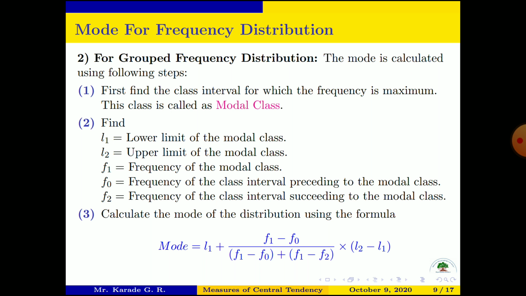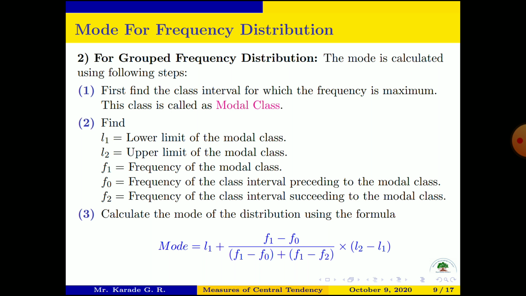See here, mode is equal to L1 plus F1 minus F0 whole divided by, in bracket, F1 minus F0 bracket complete, plus, in another bracket, F1 minus F2 bracket complete, into bracket L2 minus L1. So this is the formula to find out the mode